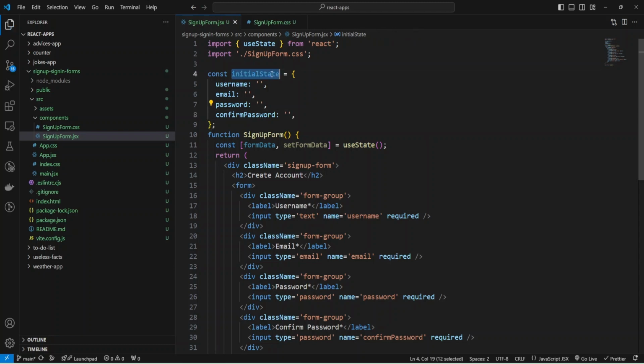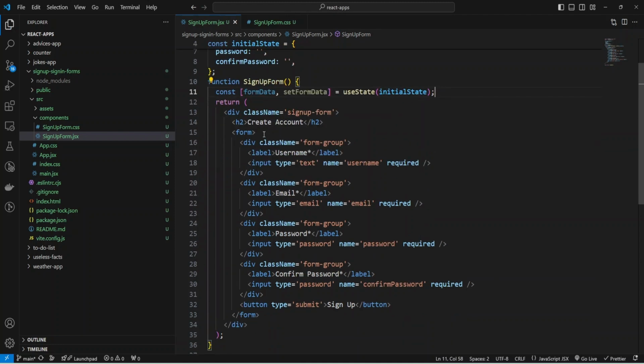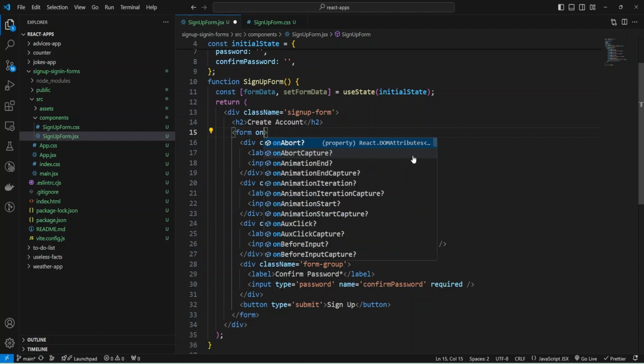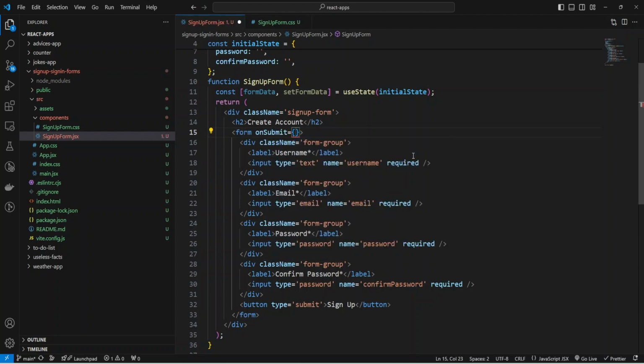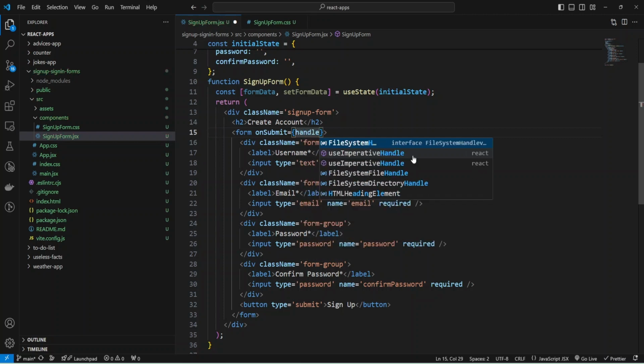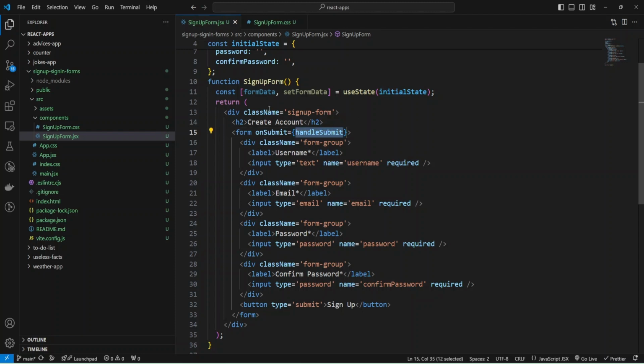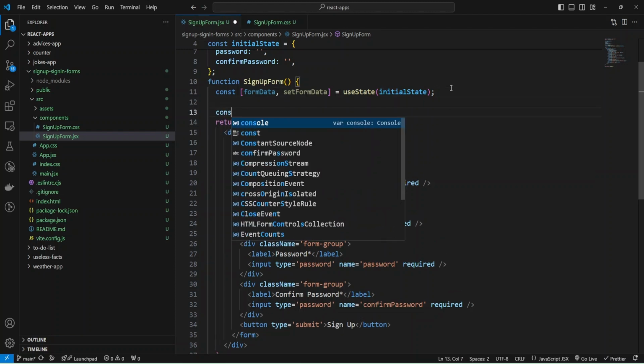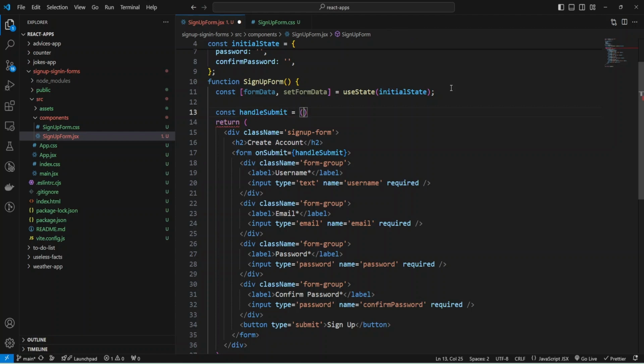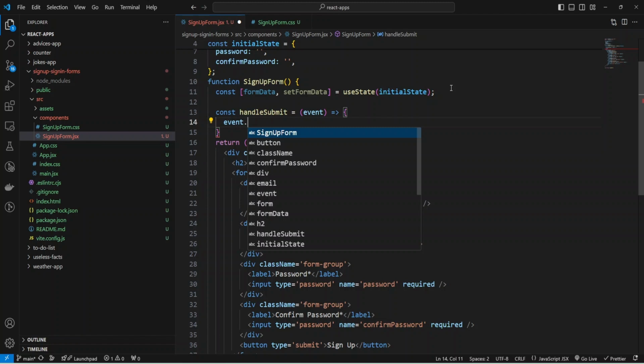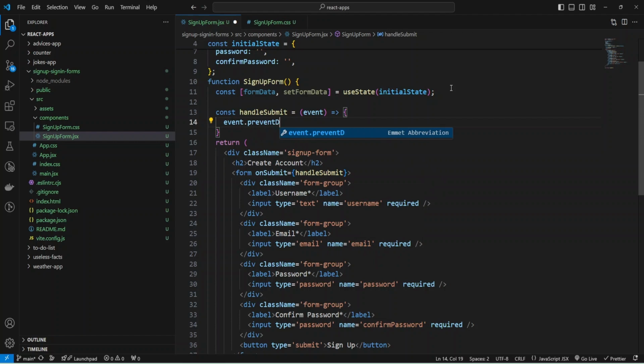And now I can provide this initial state object to my useState hook, and we can add event handling for the form onSubmit, and provide a handleSubmit function, and implement this function. It will be an arrow function, const handleSubmit, that will take event as a parameter, and for the event we need to prevent the default behavior of the form, and call preventDefault.